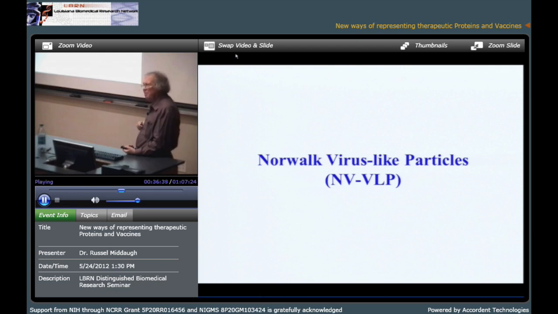Now, what is that? There are two other virus-like particle vaccines, hepatitis B and the human papillomavirus vaccine. What you do is you isolate the major surface protein, and it self-assembles into a particle that looks like the virus. It probably doesn't come as a big surprise that the information to produce the viral capsid resides in the three-dimensional structure, and it will spontaneously assemble. If you take away the nucleic acid, of course, it's completely non-infectious, but still highly immunogenic. And so that was done here.